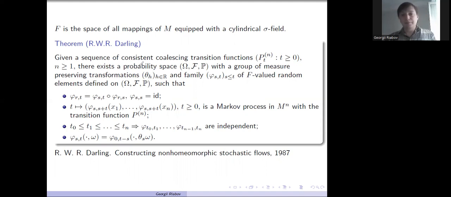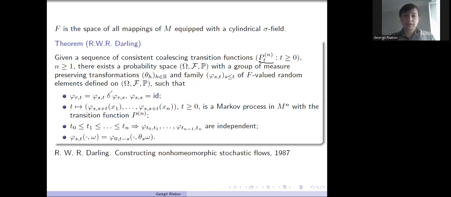So we have transition functions Pn, they are consistent, coalescing. Then on some probability space with a group of measure preserving transformations theta, so it's like a group of shifts, we can construct a family of random elements, of random mappings of M,